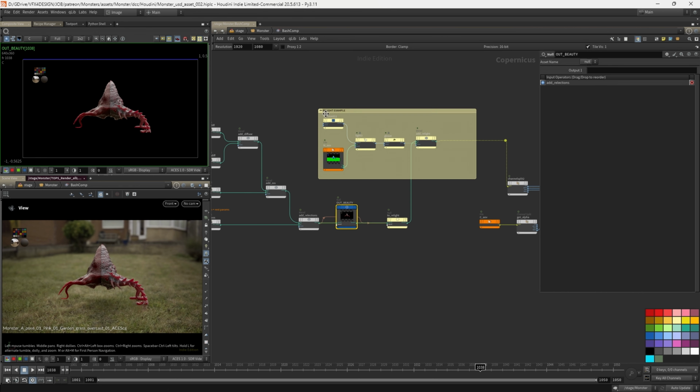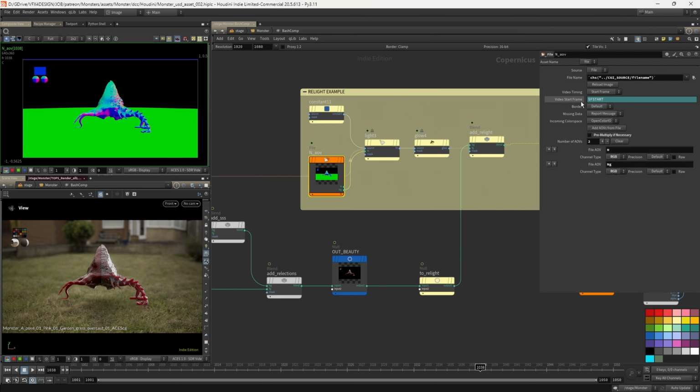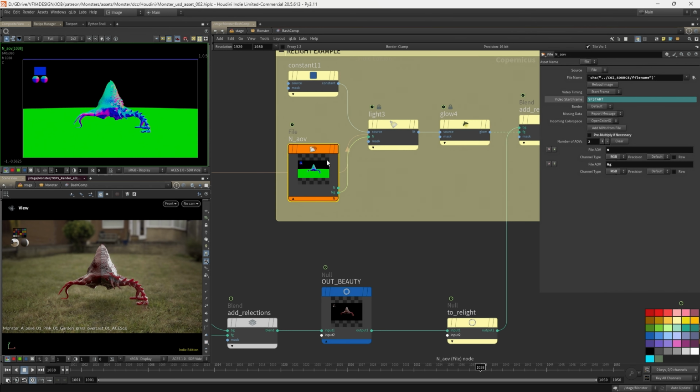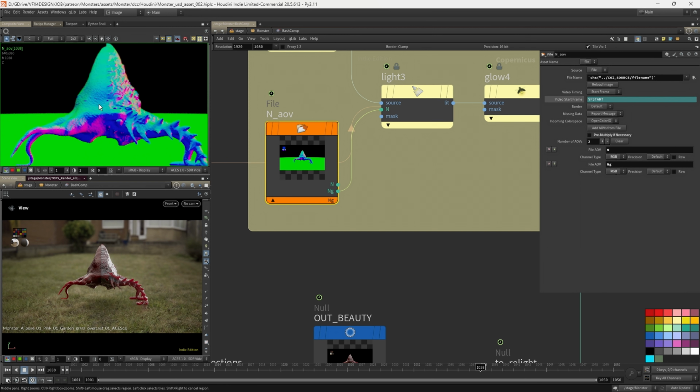And then I decided to do a little bit of a relighting setup where you could just add in a light. Now I don't normally do this for look dev scenes, and it's not in the Nuke scene because it's a look dev scene, but the way I did this is I brought in again the file node referenced, and I brought in the normals, the ones with displacement and the one with the geometry normals. So there's two, so I can have a look, and I've plugged in this one. As you can see, if I zoom in and I switch between them,